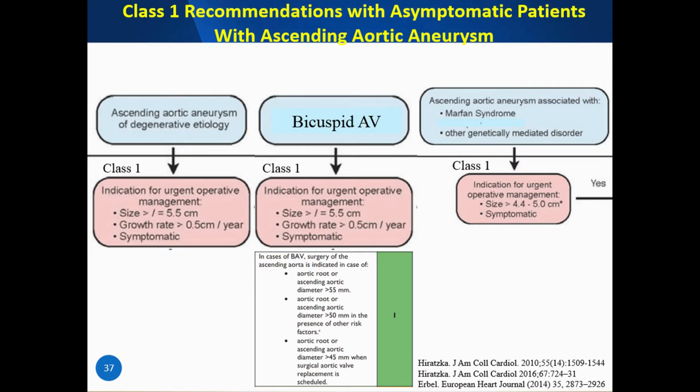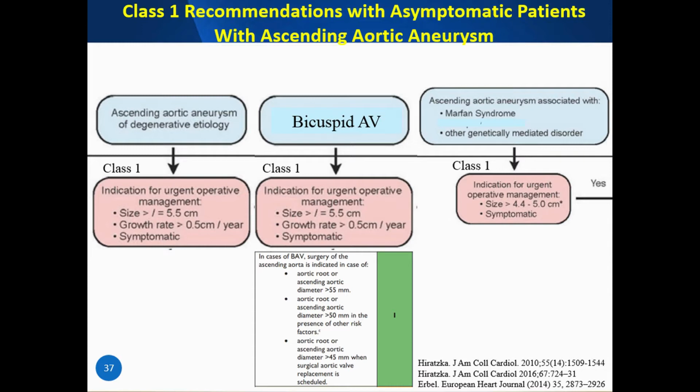Bicuspid valves, if you remember, we've had this disagreement between the thoracic aortic guidelines and the valvular guidelines. Well, in 2016, they published a one or two page consensus document where they got together and hammered this out. And now the official statement from the ACC is that for bicuspid valves, the size is 5.5 centimeters. So they are treating bicuspid valves no different from